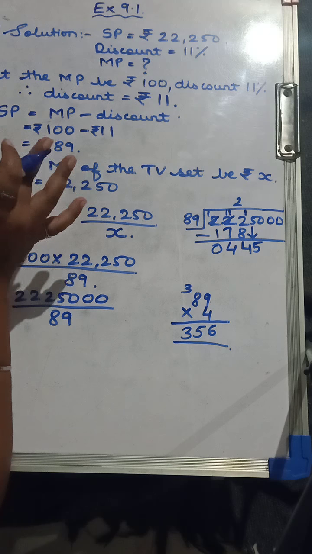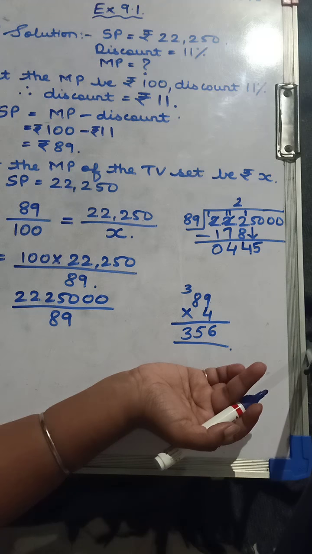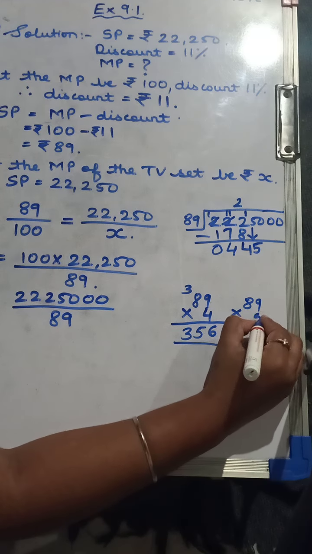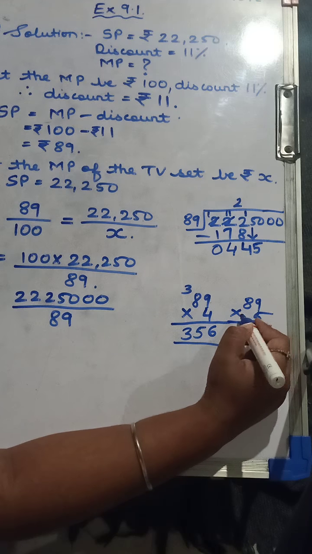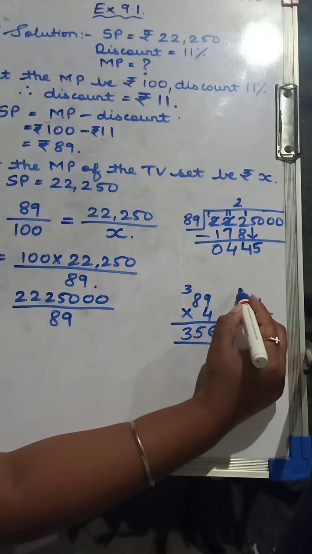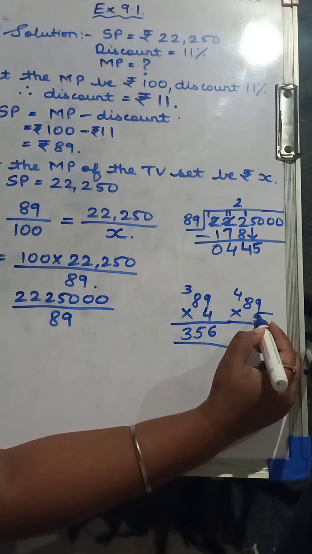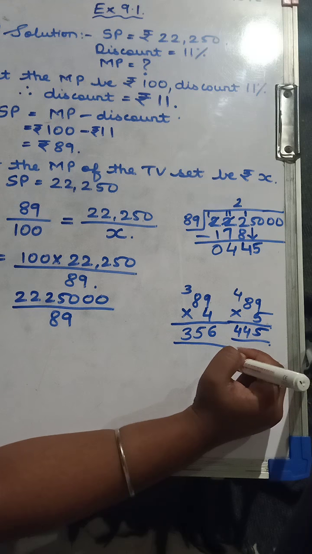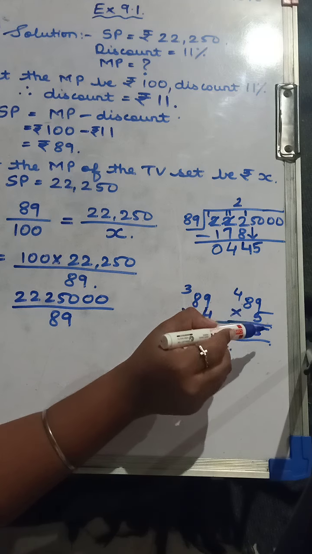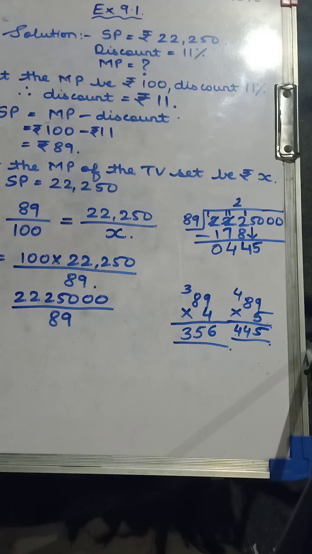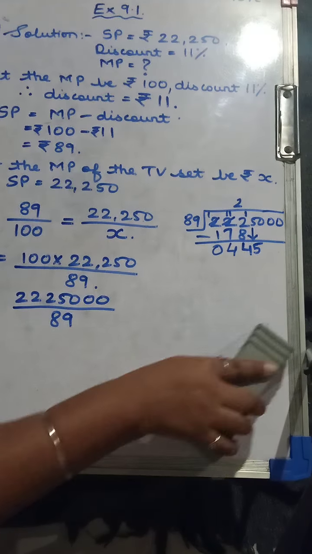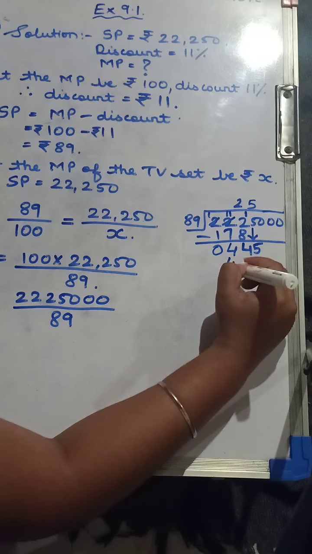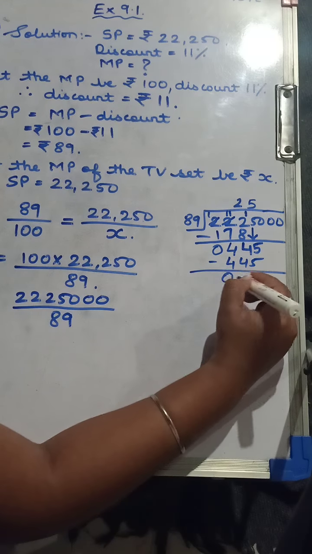So let's check with 5. If after multiplying with 5 it is bigger, then we are going to take this number only. So beside only I will solve 89 multiplied by 5. 9 5s gives you 45 and 8 5s will give you 40. 40 plus 4 is 44. That is 445. So this 89 multiplied by 5 is exactly 445. So we are going to take 5s and not 4s. So 5s will give you 445. Minus, you will get 0.